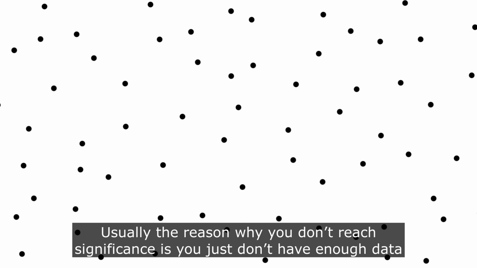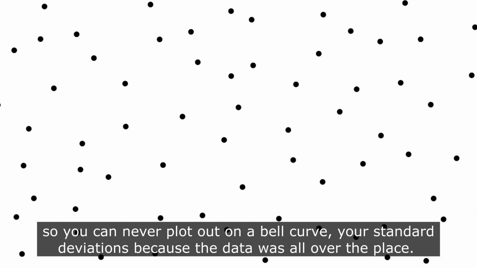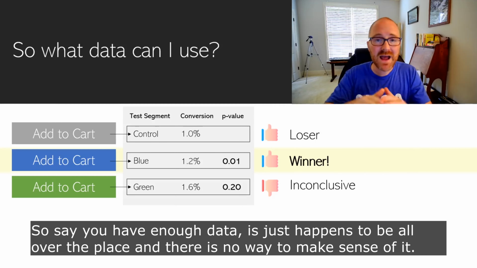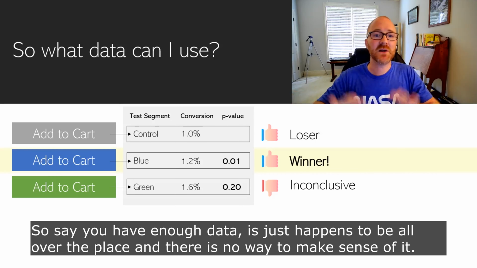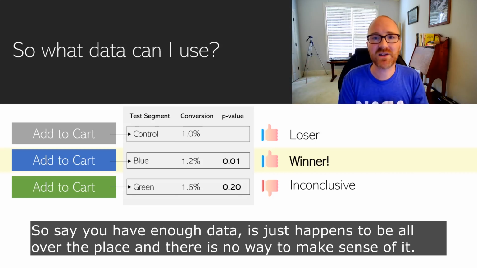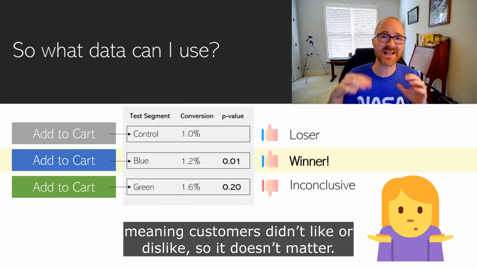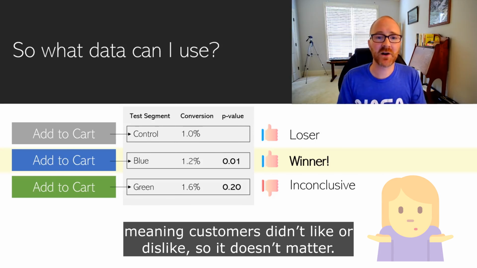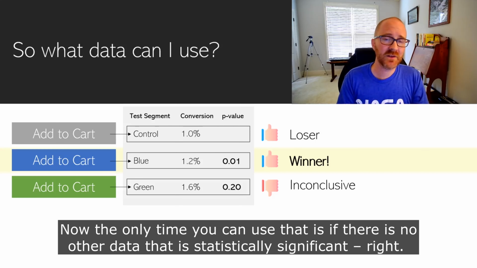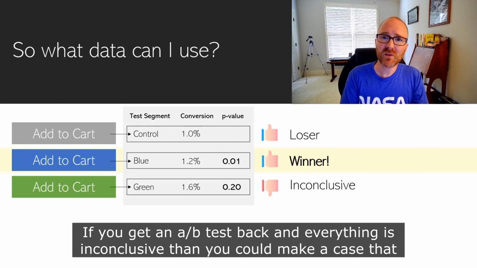Usually the reason you don't reach significance is you just don't have enough data, so you could never plot out on a bell curve your standard deviations because the data was all over the place. So say you have enough data, it just happens to be all over the place and there's no way to make sense of it. Sometimes people will say that's inconclusive and that's flat, meaning that customers didn't like or dislike, so it doesn't matter. Now, the only time you can use that is if there is no other data that is statistically significant, right? If you get an A/B test back and everything is inconclusive,